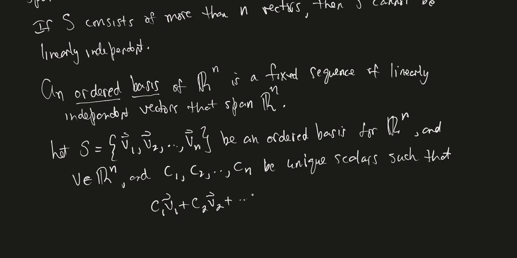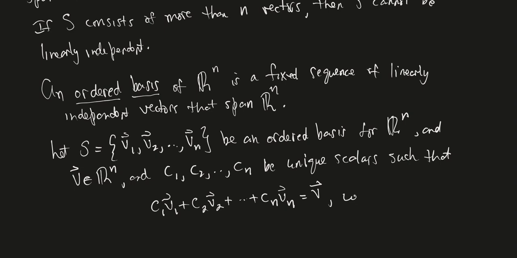So such that, oh, I wrote my V twice, and I forgot my harpoon there. So we got Cn times Vn. So if this is the unique linear combination using the vectors in my basis that produces V,